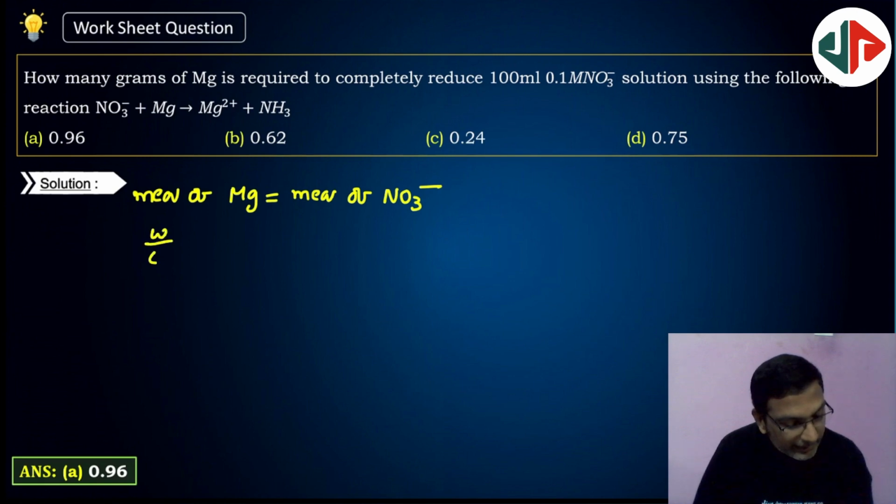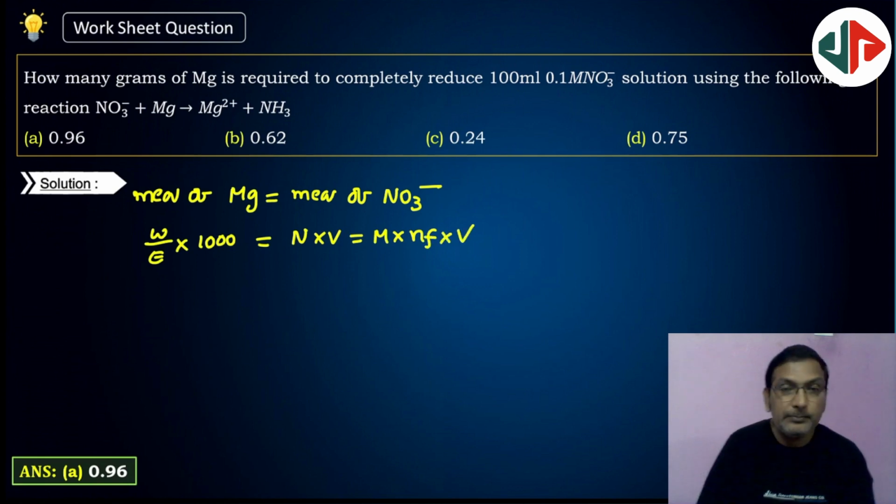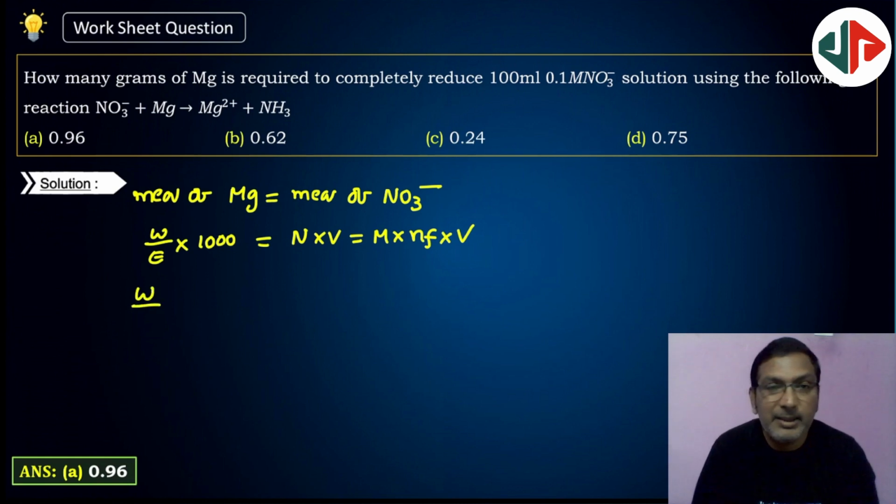So here we can write W by E into 1000 equal to normality into volume or molarity into N factor into volume. Next weight we must find by equivalent weight of magnesium. Magnesium changes to 2 plus. Therefore N factor is 2. Atomic weight by 2, 24 by 2